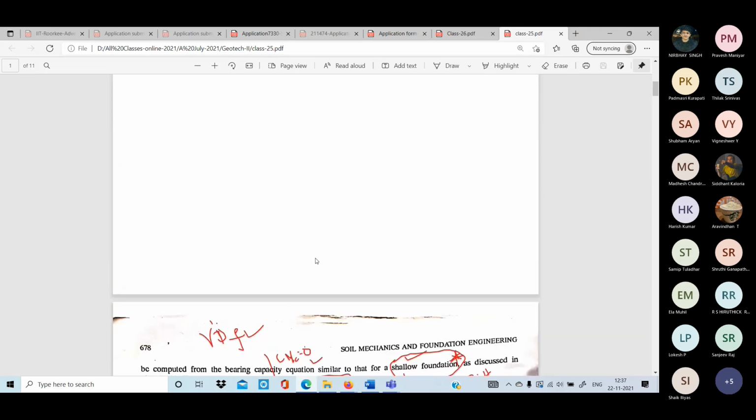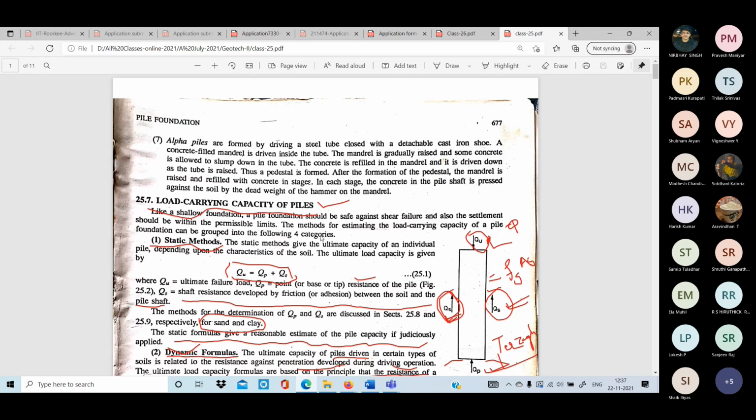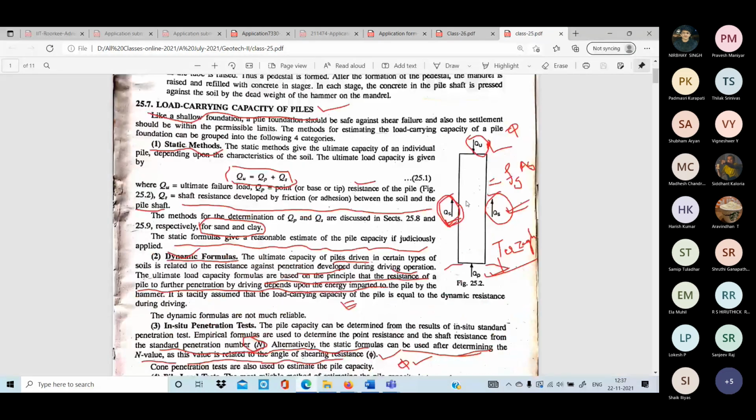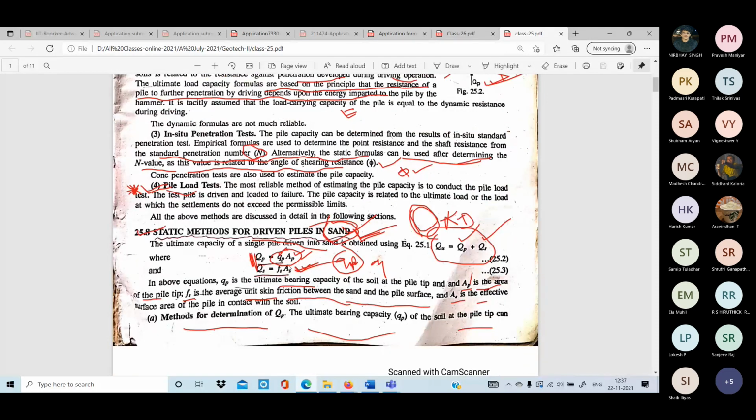Okay, so what we have seen in the last class is load carrying capacity, which is, we need to find a pile capacity, which depends on the tip resistance and the soil around the periphery of the pile. So we have to add both. That's the reason we are finding it. Suppose stress is there, we know the capacity means stress, then we have to multiply it with the area. If you get the surface resistance, we multiply with the area. That's what we have done in the static methods.